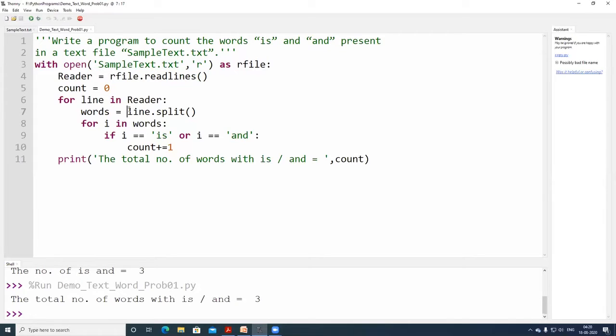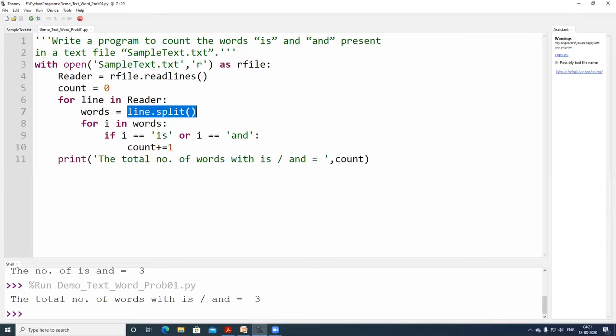Either for word-based problems or for character-based problems, you have to use this method, namely split, in order to carry out the operations. So the words in one line will be a certain number of words. Till all the words have been searched, I search one word after another. If it is equivalent to "is" or "and", I increment the count. I hope this problem is clear.